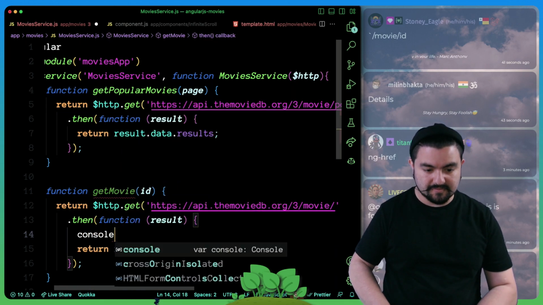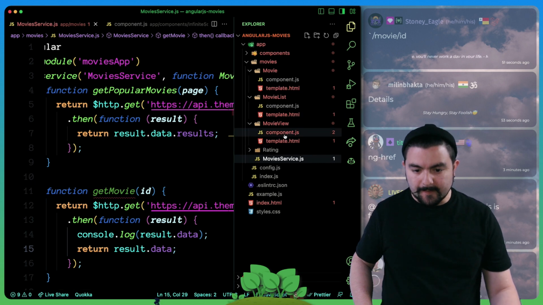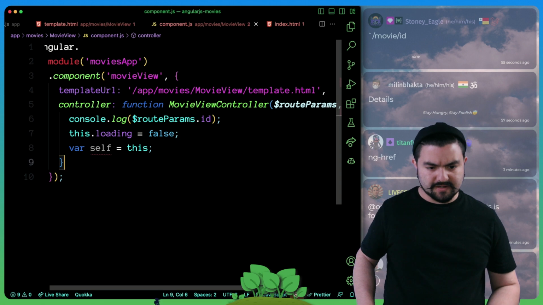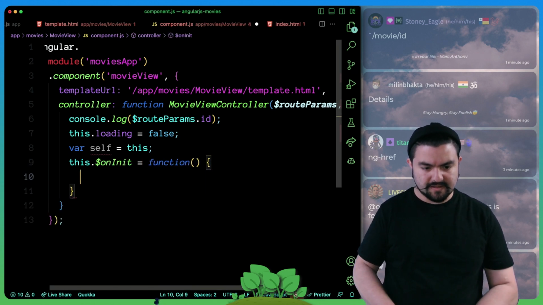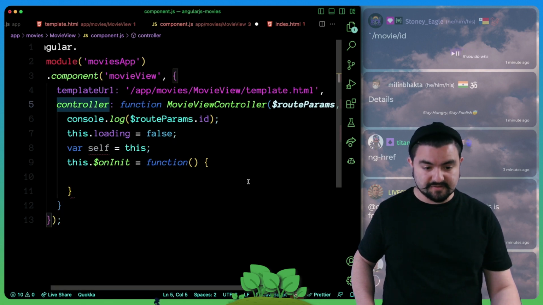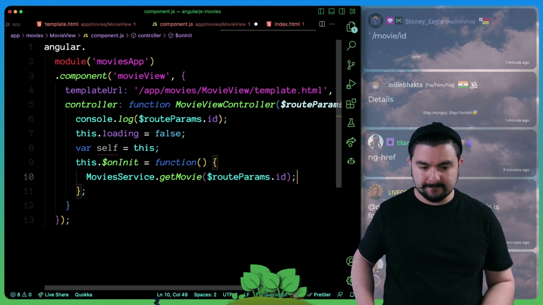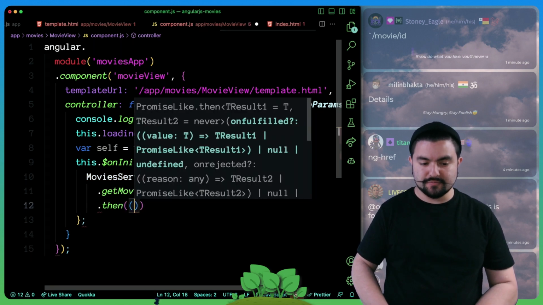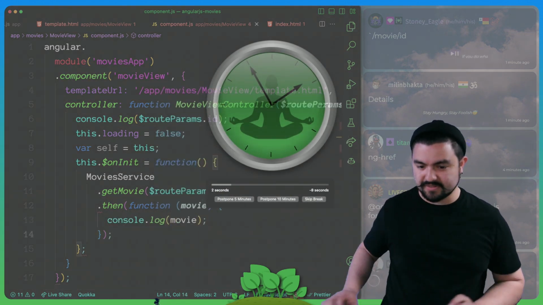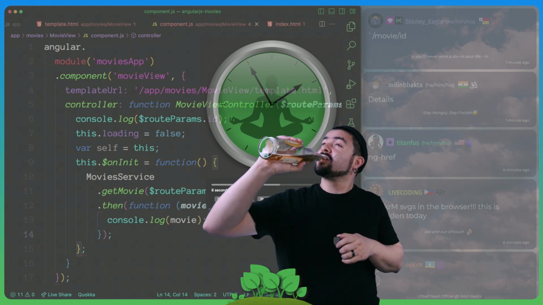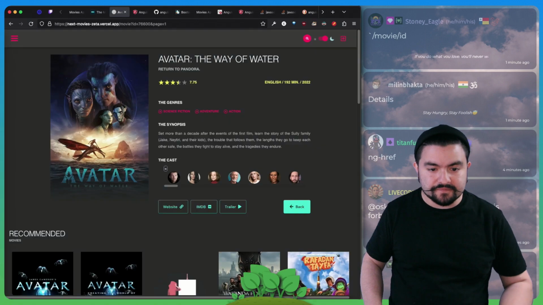That's going to give us all the data. For now, we'll look at result.data, but that should be an object with all that info. So on the movie view, we're going to say this on init, get the movie. So this on init function, and we'll say we have access to the service, so we can say movie service.get movie with the ID. And then we get access to the movie. We'll log it. We should be logging it in 2 places now. But this is it. So now when this page loads,